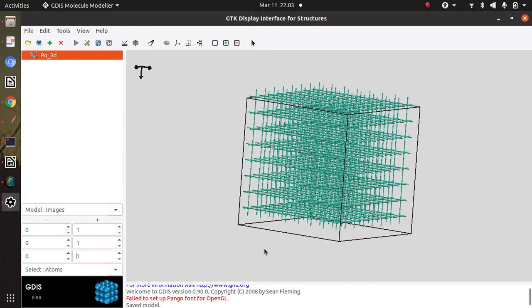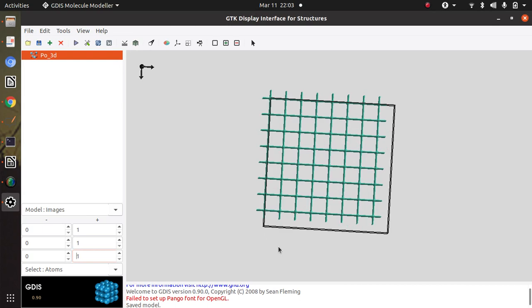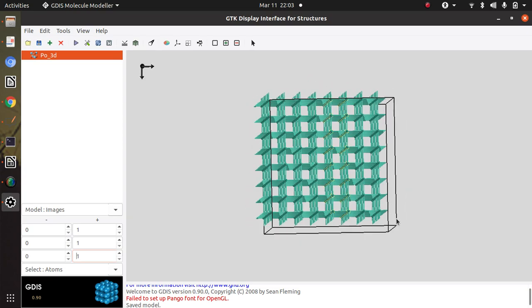Then say I want to create a vacuum in two directions.